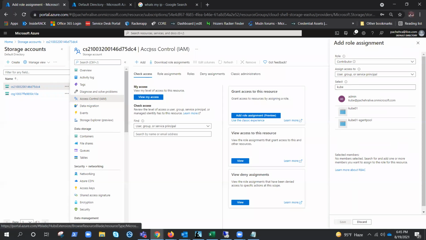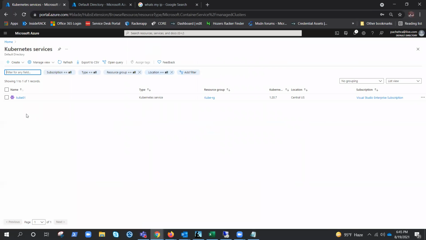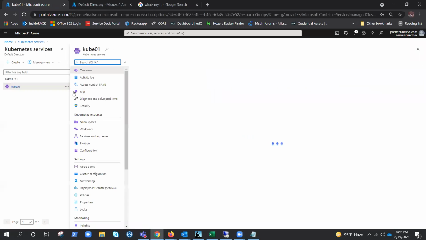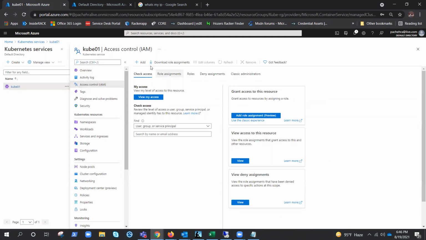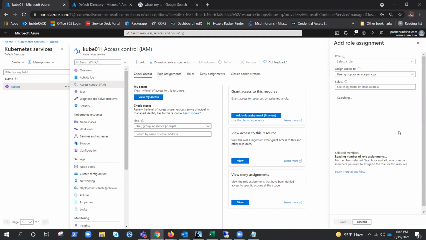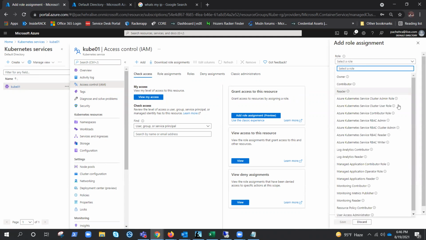Similarly, I went on the Kubernetes. These things we need to do, only then our user would be able to see the storage account and the Kubernetes cluster when you log in to the Azure portal. Here, exactly the same process: IAM, add, role assignment. Then you need to select the user, the cluster user role, the Azure Kubernetes AKS cluster user role,